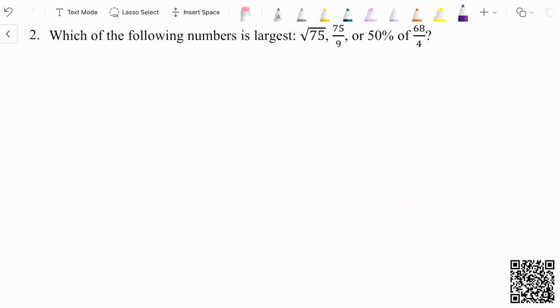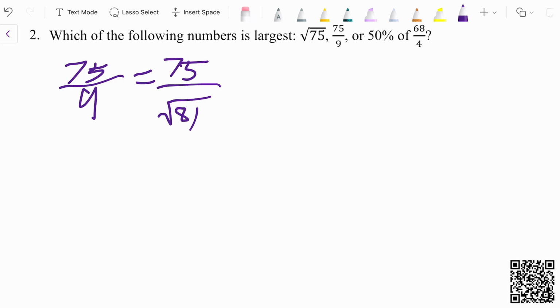Moving on to problem number 2, which of the following numbers is largest? The square root of 75, 75 over 9, or 50% of 68 over 4. In this problem, let's think of it like a largest competition. Which number is the tallest? Let's compare the first two first, because that's how orders work. Let's pretend that the square root of 75 is our first contestant, and 75 over 9 is our second contestant. 75 over 9 is equivalent to 75 over the square root of 81,